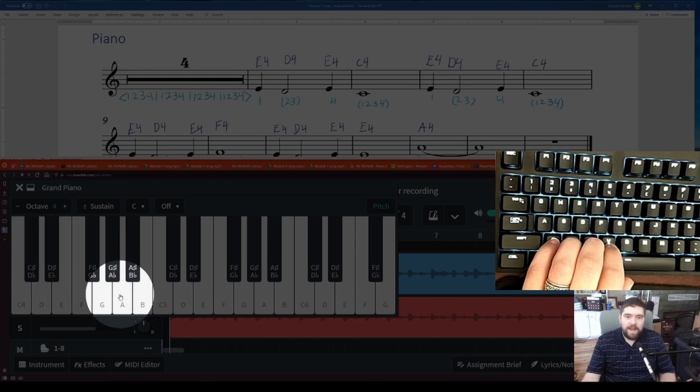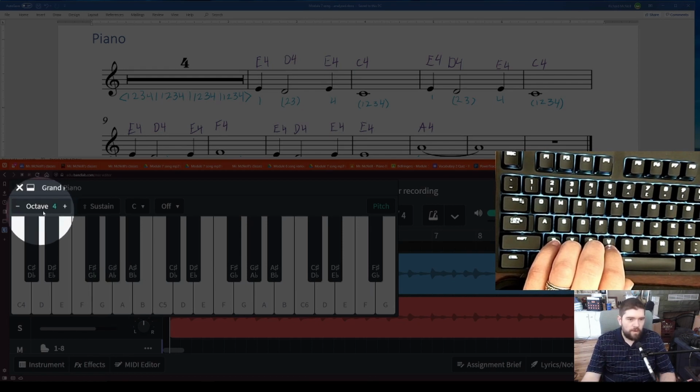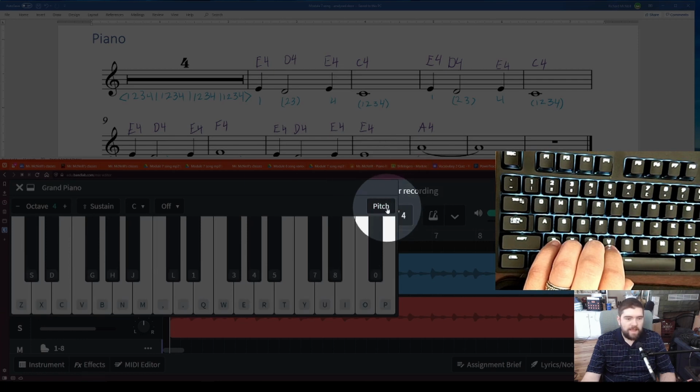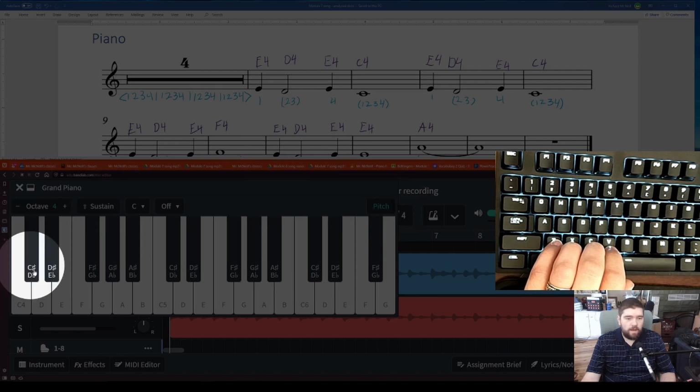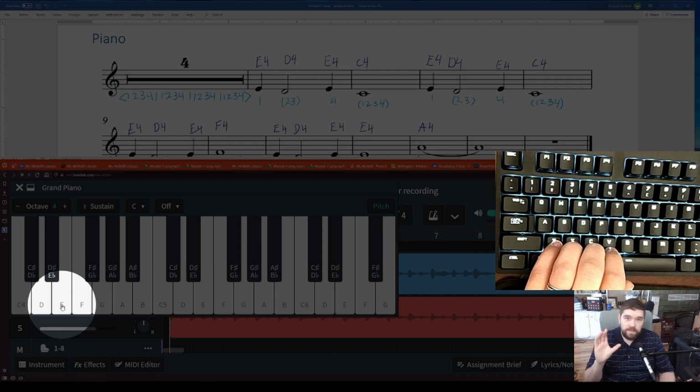Now we know how to find our specific keys on the keyboard. We know that we have octave 4. We know how to view the pitches and which keys we press. So now I'm going to keep it on the pitches because that's the layer of thinking that you should be thinking about, is the pitches, not which key do I press. Hopefully you get to that point. Okay, so right now we're thinking about the pitches